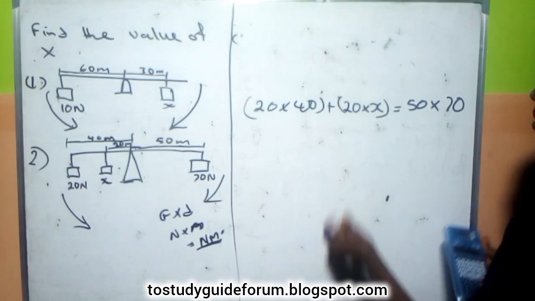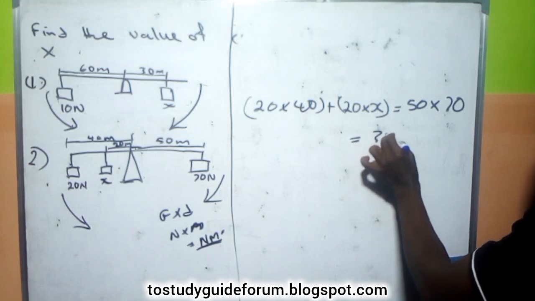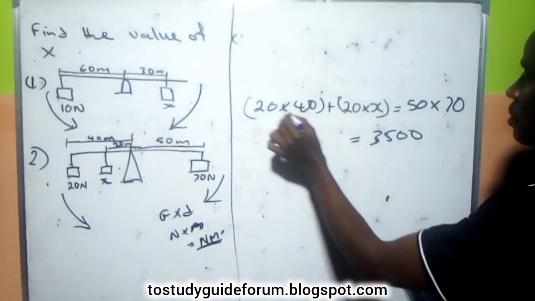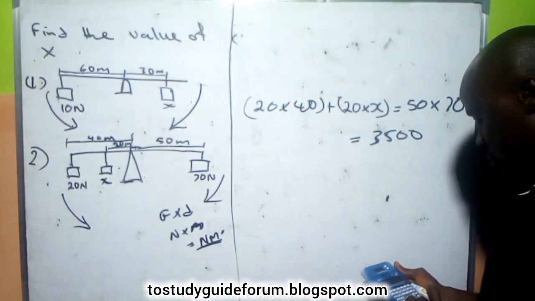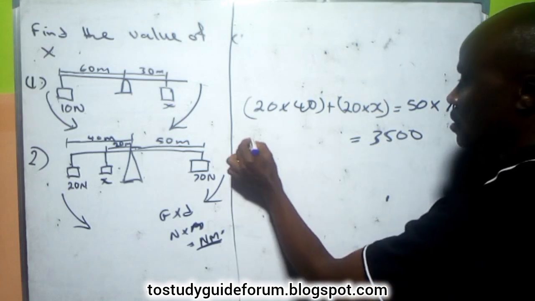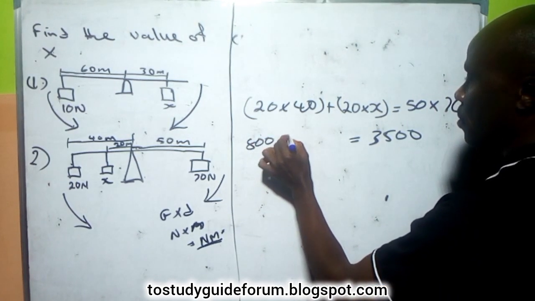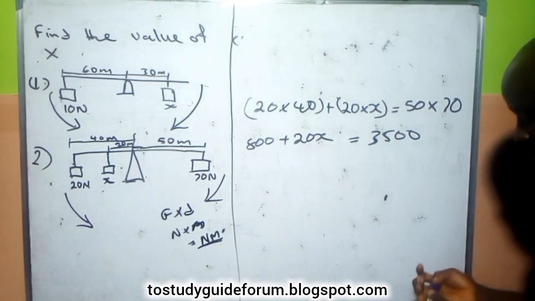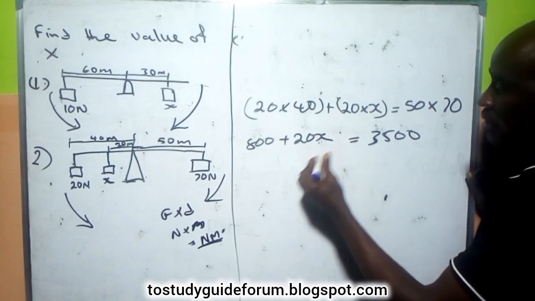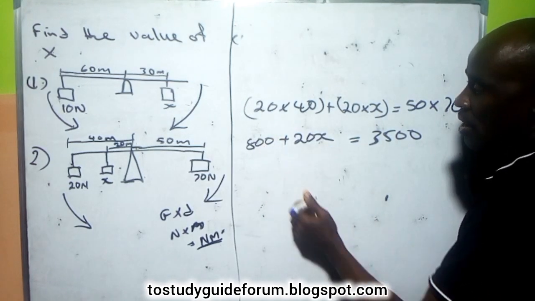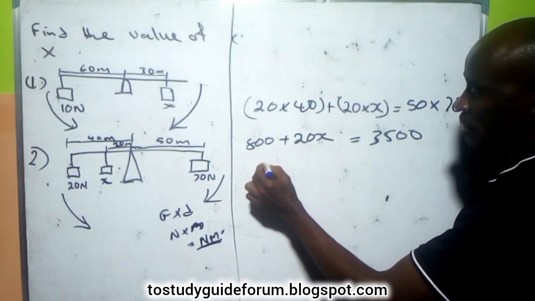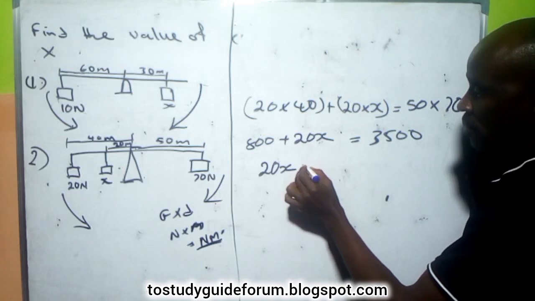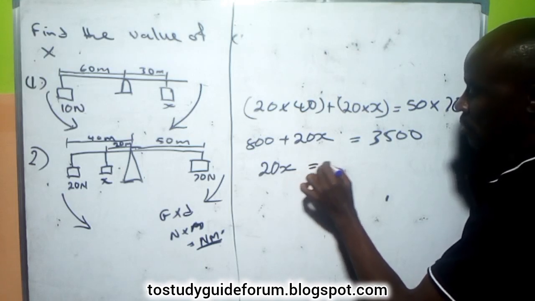What we have here for the clockwise is 3,500. Then this other one, 20 times 40, we have 800 plus 20x. So what are we doing next? To get the value of this x we'll subtract 800 from both sides. If we subtract 800 from both sides, what we'll have will be 800 going out of here. We have 0 there, equal to